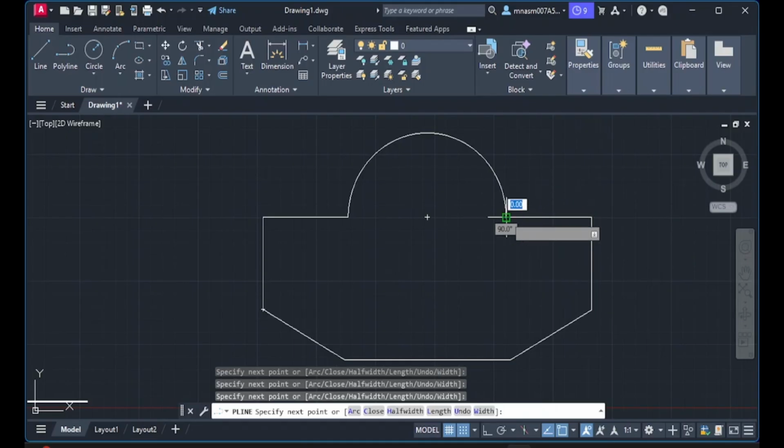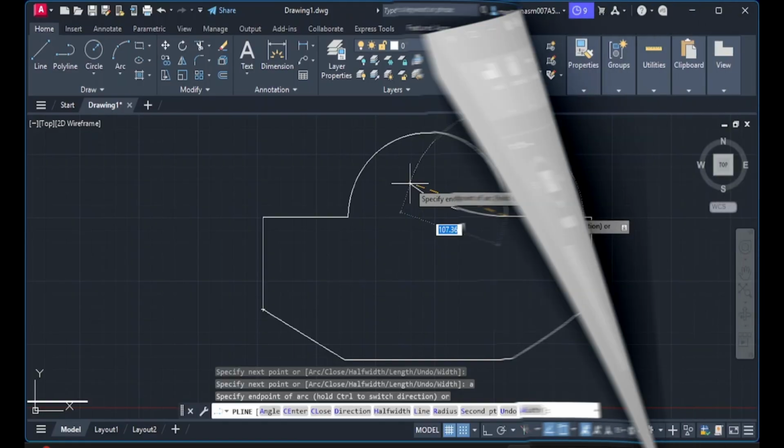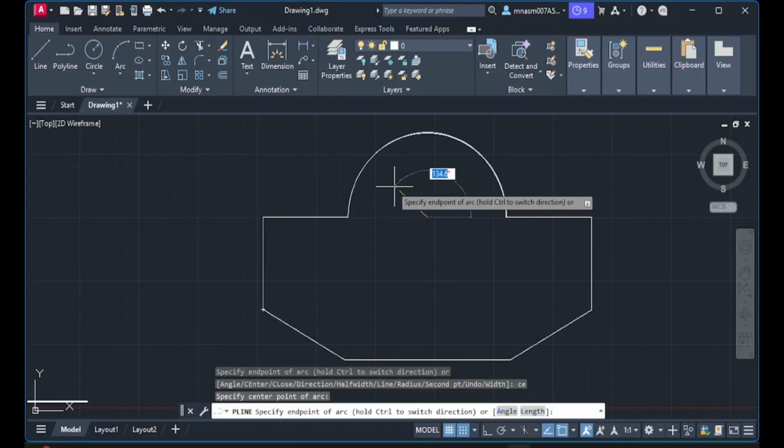and then this point. And now if I need to take an arc, I have to create an arc so that it can overlap on the semicircle. So I will give the command A for arc, and then I will give the center to this arc. For center it is CE. In the blue you can see CE is there, so I will type CE and hit enter, and then specify the center point of the arc. So I will hover on this semicircle, and then take its center, and then it asks for the end point, which is this.